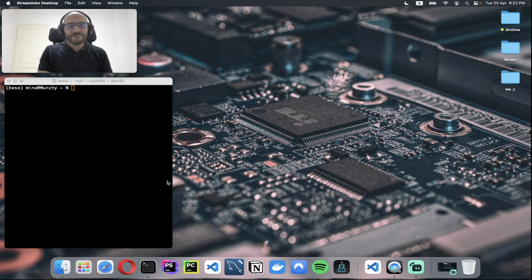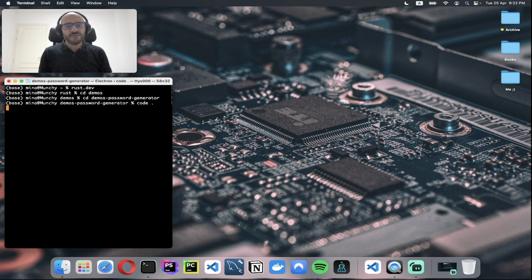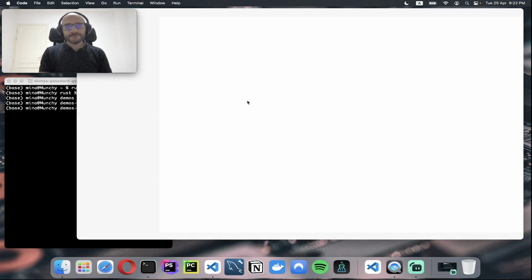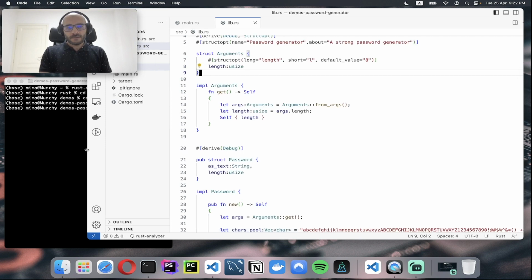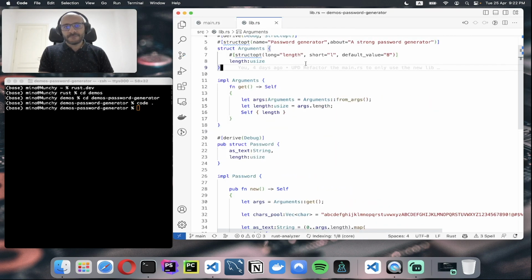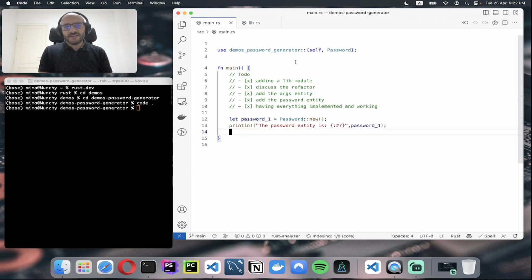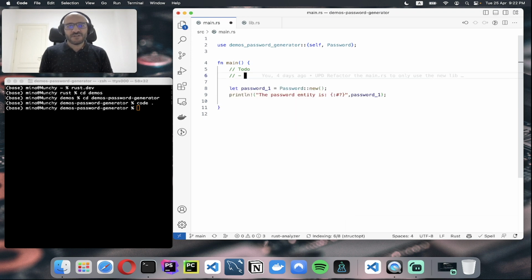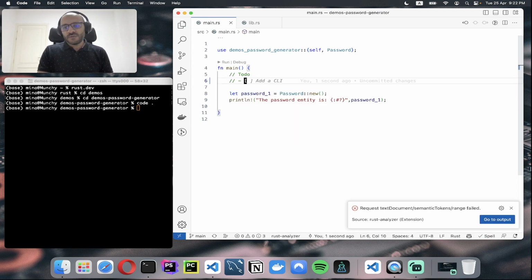within the application. So as usual, let's go to the development directory, then the demos directory, then the demos password, and open my code editor. This is the final stage, and as usual, let's write our to-do tasks for today. So for today,